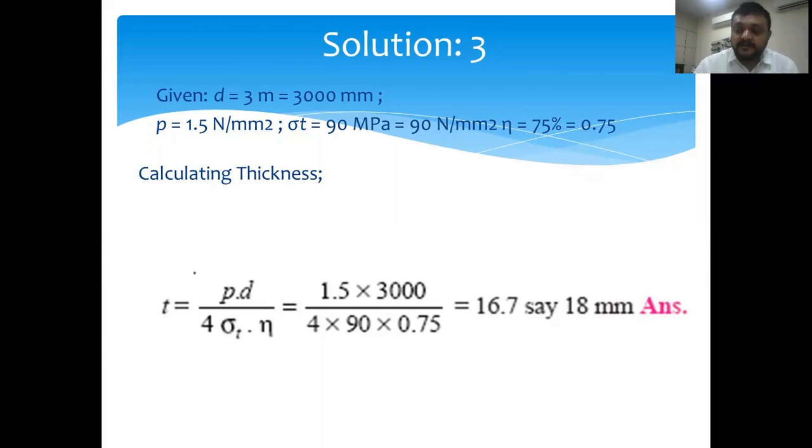to have the design of the pressure vessel. And if capacity is given, then you have to use the equation of volume to find the diameter. Then for the thin cylindrical shell, you have to calculate both the t values, and whichever is higher is considered as the design thickness. And for the thin spherical shell, only one thickness is there. So we will keep our lecture up to this, and in the next lecture we will see the design of the thick pressure vessel.